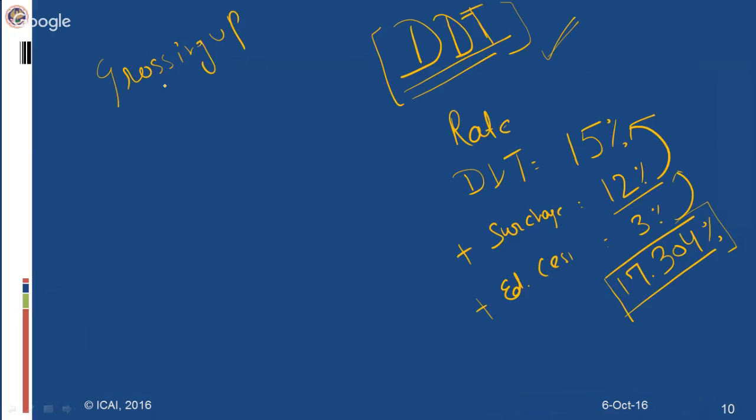How to gross up the dividend for the purpose of the DTT. For example, there is an X Limited company, and this X Limited has decided that it will distribute its dividend on the 5th April 2016, and the amount of the dividend is 230 lakhs. The company wants to distribute this 230 lakhs, but with this distribution, this company has also to give a